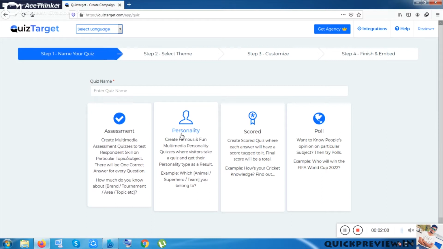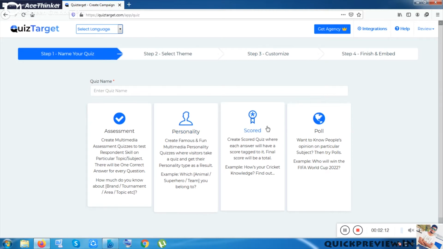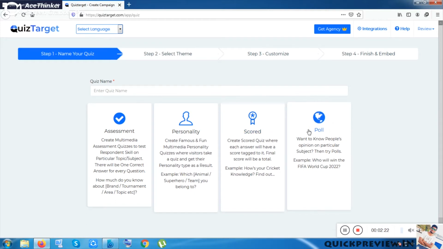Inside this scored section you can easily do a quiz formation, a quiz play by giving them points. And in the poll section, as you already know, these are totally based on votings or percentages, kind of that. Okay, so let me start with assessment.